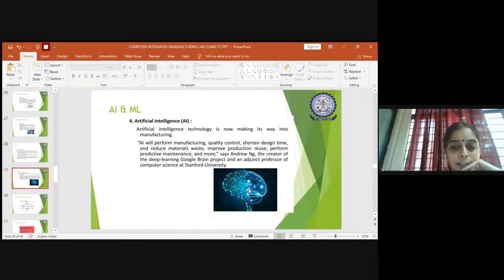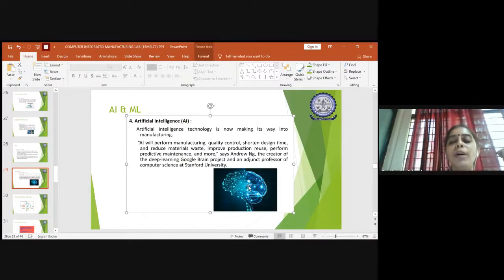It is nothing but embedding how the human brain works, to embed intelligence into any part being manufactured. If you embed this concept of intelligence into the machine that you are going to manufacture, it will be able to tackle problems, adjust itself to the external stimulation and external environment, and take decisions as a human being does. Okay, so this is how intelligence should be there in any product we manufacture. This will happen if you embed this AI concept in each and every machine component which is going to be manufactured. Okay, so this is about AI and ML.